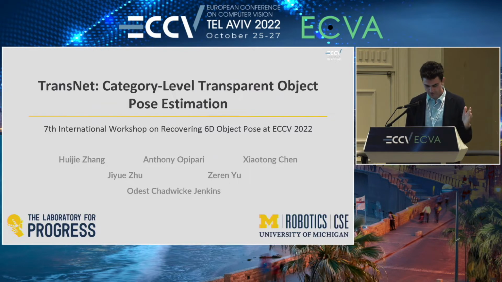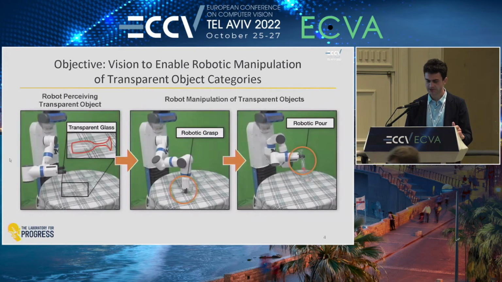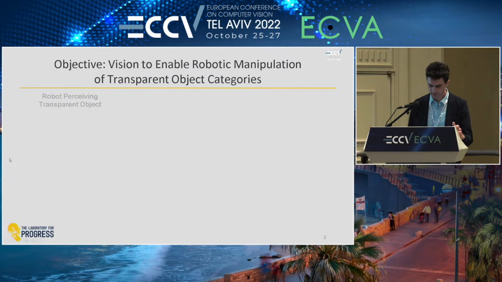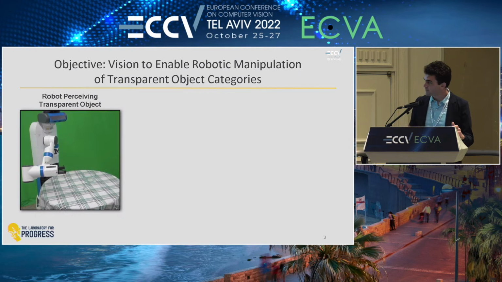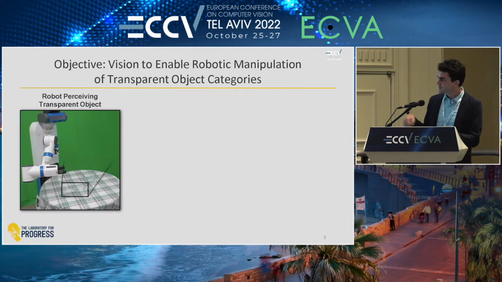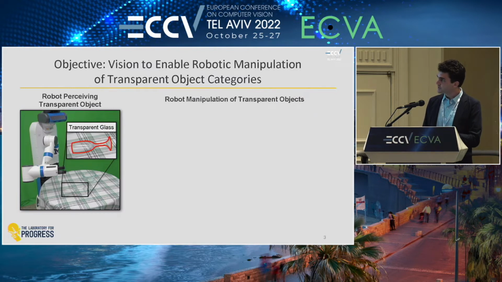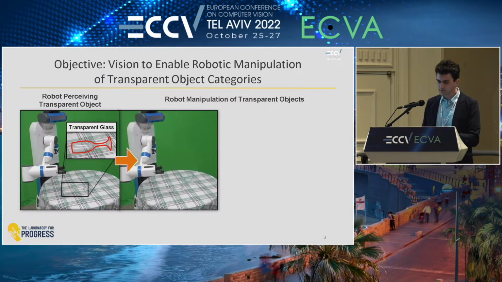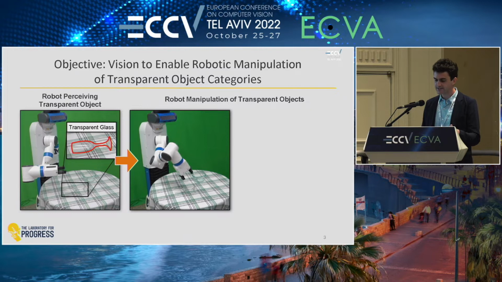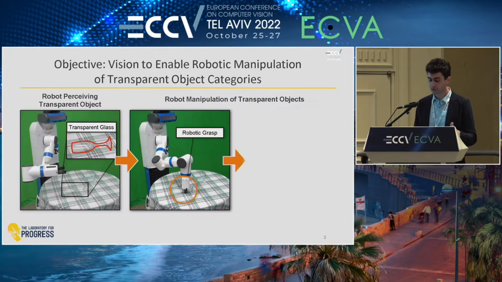So to motivate this project and how we got interested in it, I'll give some background, which is that we come from the perspective of robotics. One scenario that's common in robotics is we'll have a robot that might be tasked with doing some work in a domestic setting, like in this case, viewing this tabletop setting that has a transparent wine glass and also a transparent bowl. And we might want the robot to actually act on the scene. So for example, picking up the wine glass and maybe pouring its contents into the transparent bowl.